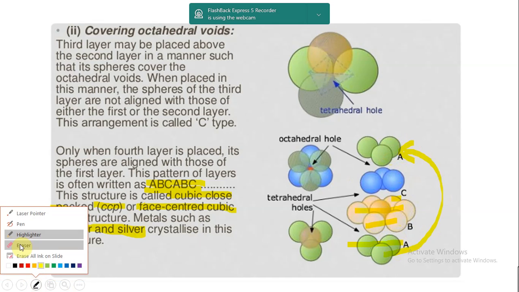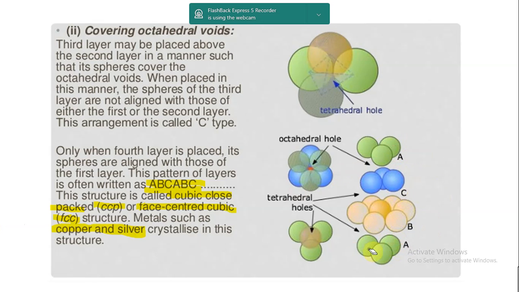So this is how the arrangement is, and the octahedral hole that was there is getting covered. You see, the octahedral hole at the end, this blue one, will get covered by the fourth layer, that is A. So the hole generated by this third layer, the C layer, is getting covered by A, you see here. And all the holes that were getting covered earlier were the tetrahedral holes. The octahedral hole is generated after the C layer, and it is getting covered by A.